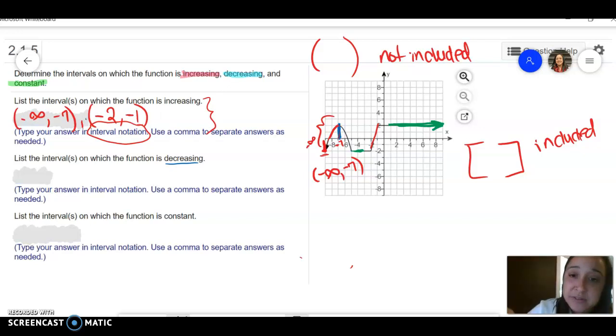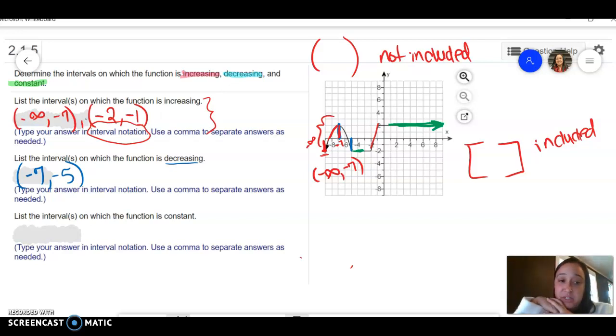So at -7 it begins, and it ends here, which looks like -5. So I decrease from -7 to -5, and again, I do not include those endpoints, because that's